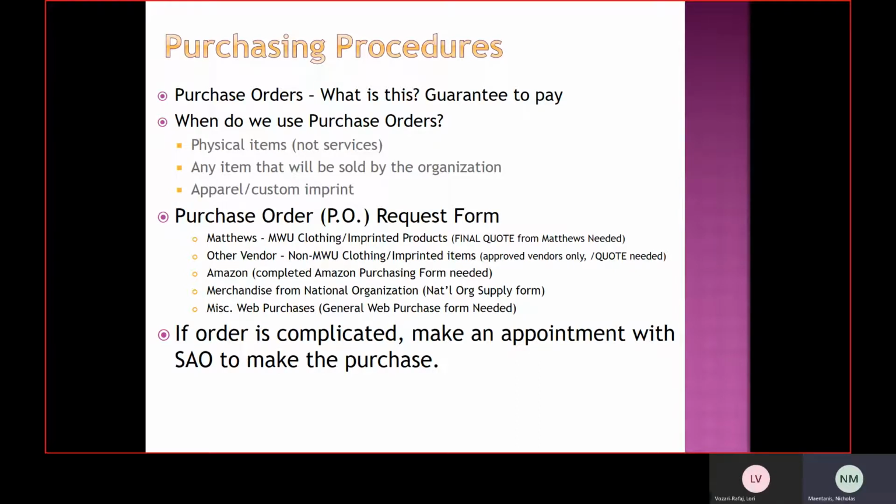We use purchase orders anytime we're purchasing physical items, anything customized, anything that's for a fundraiser that's going to be sold by the organization. So we don't use it if we're paying for a service like a DJ or a CPR instructor. When you get to the purchase order request form on Pulse, you'll see these options: Matthews, other vendor, Amazon, national merchandise from your national organization, etc. You'll select one of those options, and then you'll also see on there that